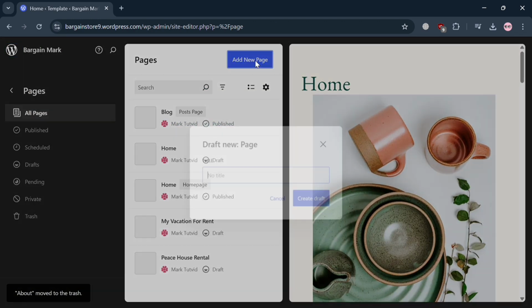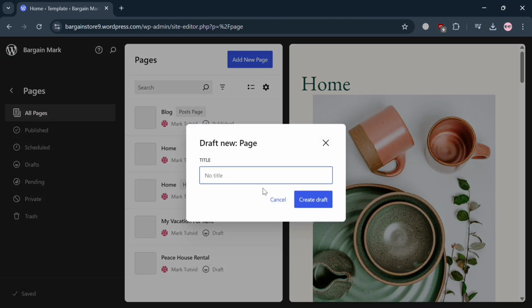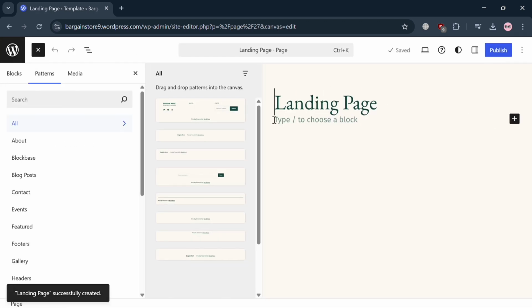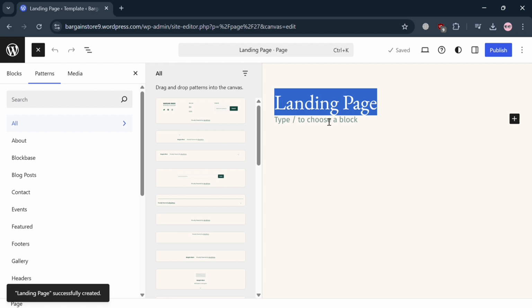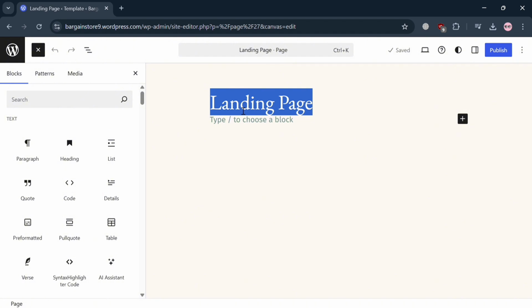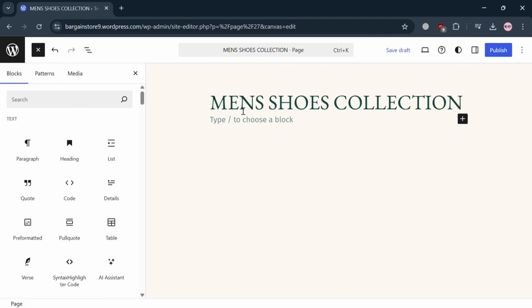and click this add a new page button in here and simply enter here the title of the page. For example, I'm going to enter landing page and click create draft to proceed. Then it will show us in here that we now have this landing page, but we can start customizing the name of it if you want to, or the title of it. For example, from here I'm just going to enter the name of my landing page, which is men's shoes collection,